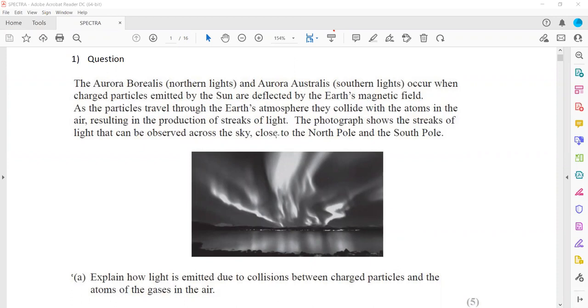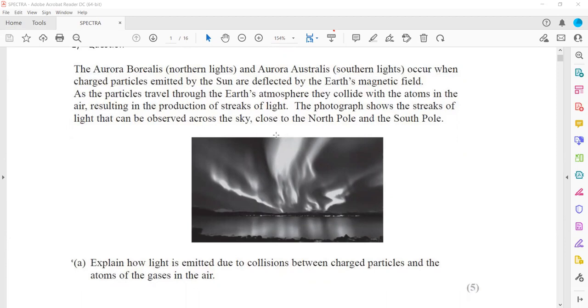So northern lights and southern lights occur when charged particles emitted by the sun are deflected by Earth's magnetic field. As the particles travel through the Earth's atmosphere, they collide with atoms in the air, resulting in the production of streaks of light. The photograph shows a streak of light that can be observed across the sky, close to the north and the south pole. So basically what happened, as the sun is emitting out